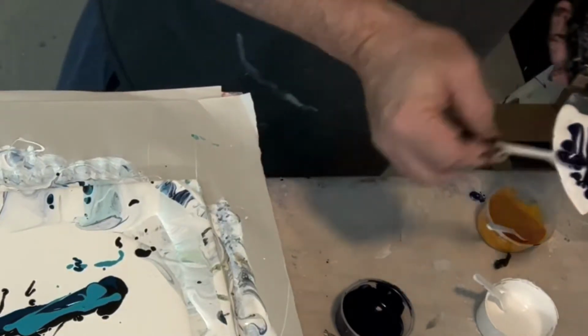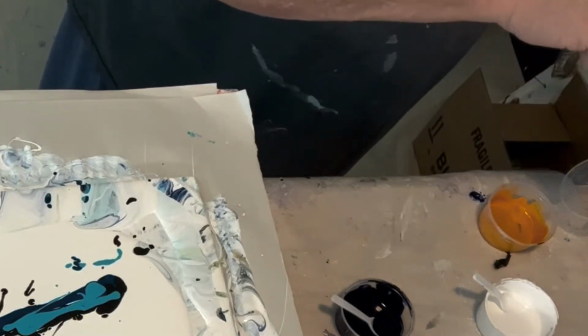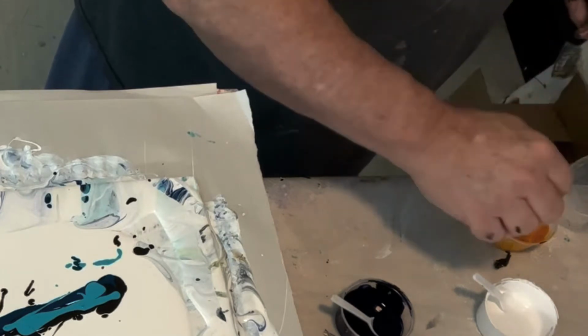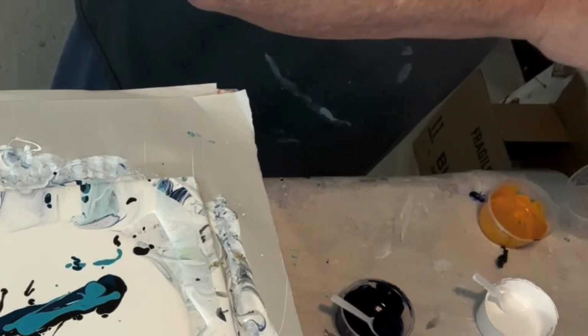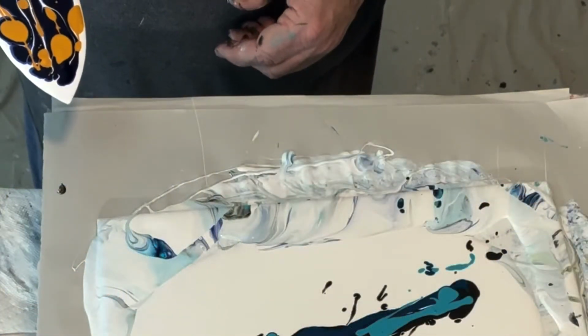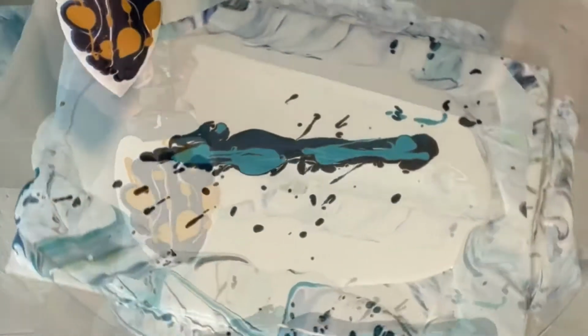Again, the cell activators are mixed with 3 parts Australian Floetrol, and it's a consistency thing. You have to watch it. Okay, I'm putting on the light gold with the Indian Yellow, and I'm getting ready to take it over to the tile. We're going to flip it over and start